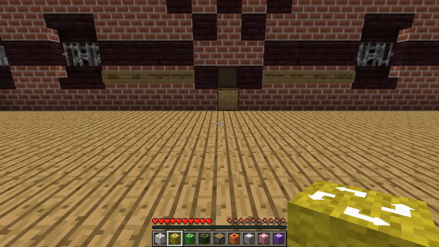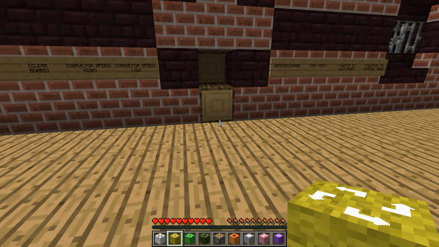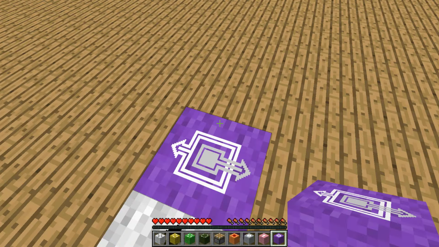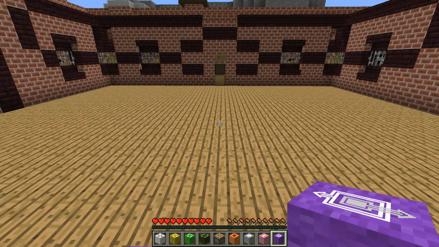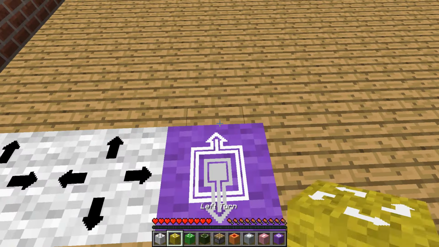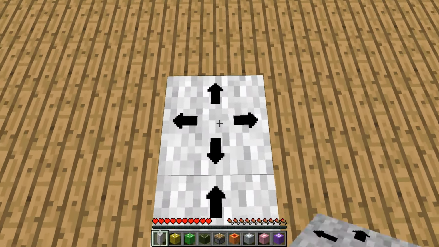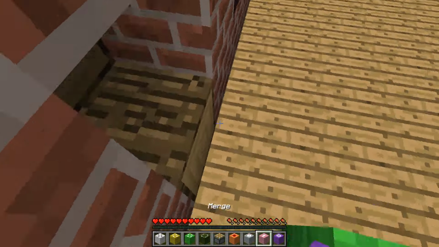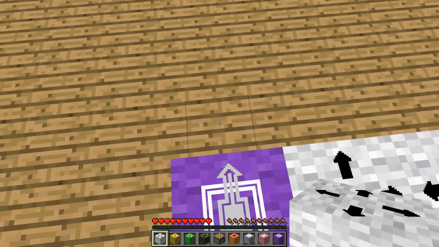Alright, so what did the instructions say again? For each pair, send the larger to the output before the smaller. Okay, so we'll just catch them right here, and then where does... wait. Okay, smaller later. Smaller is south. Okay, so the bigger one will go north. We'll just send it right to the output, basically. And then this one should come later, so we'll...